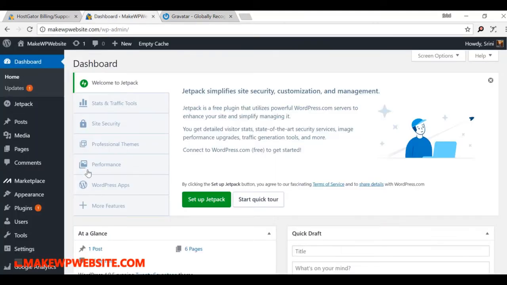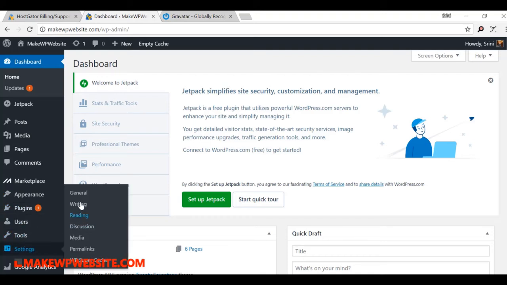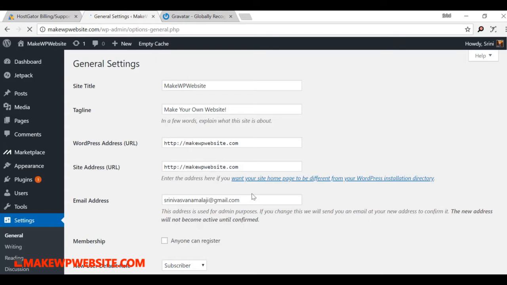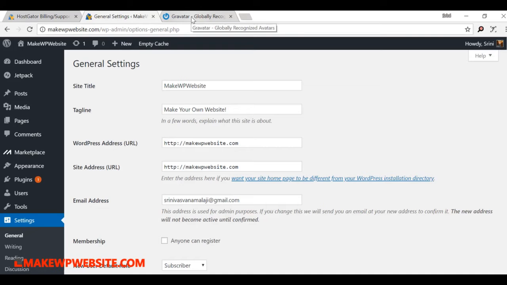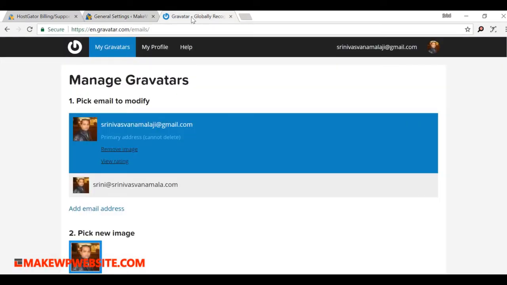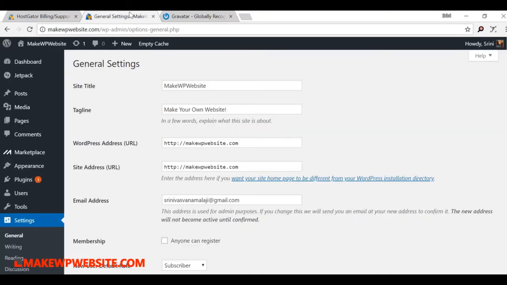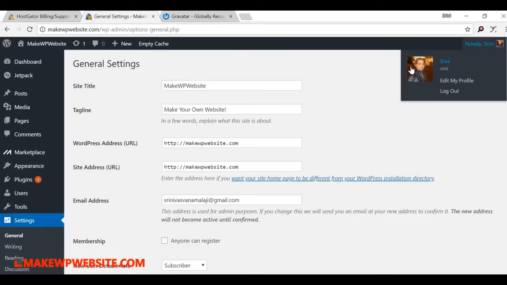If you remember my settings, go to General. Here I have given this email ID. If I had used some other email ID, it wouldn't have recognized my image, because I have created a Gravatar, which is a profile for my email ID, and uploaded an image there. That's where it is fetching my image and showing it up here.